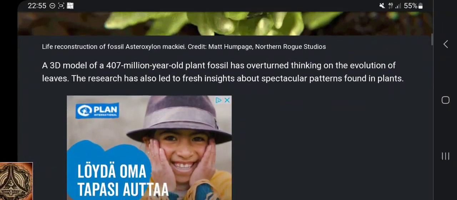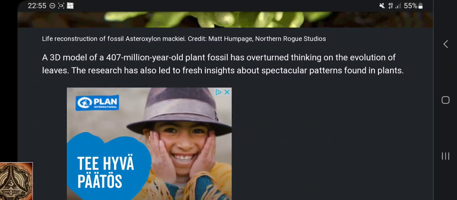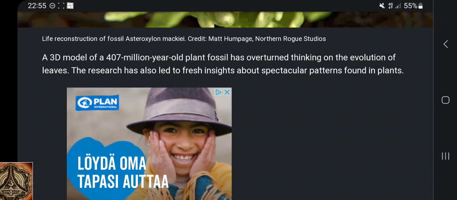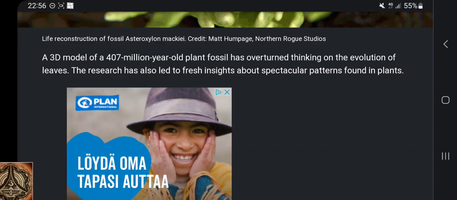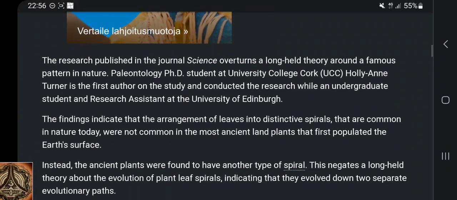But a 3D model of a 407 million year old plant fossil has overturned thinking in the evolution of leaves. The research has also led to fresh insights about spectacular patterns found in plants. The research, published in the journal Science, overturns a long-held theory around the famous pattern in nature. Paleontology,